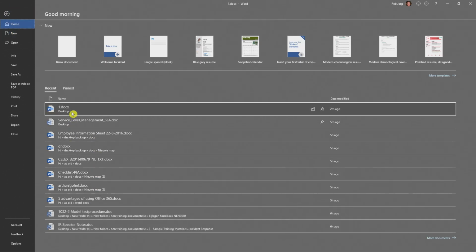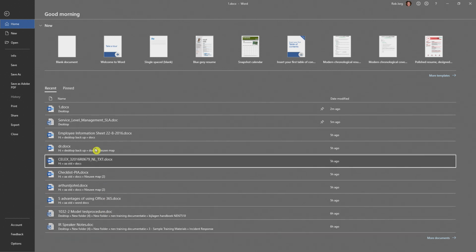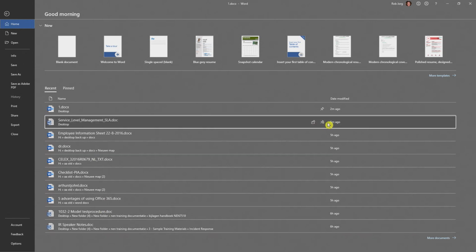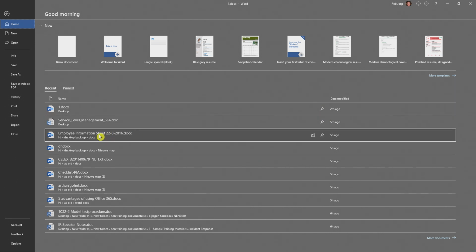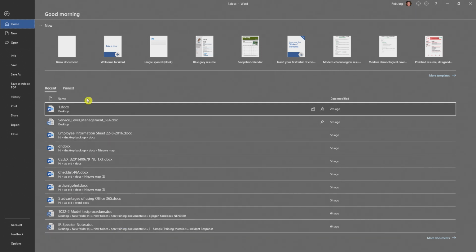Here you have your 10 most recent used documents. These are my 10 most recent used documents. And there's a couple of things you can do here. You already see 2 pins here. If you want to pin it to a list so it's available, even if you have opened more than 10 documents, you can say pin it to the list.